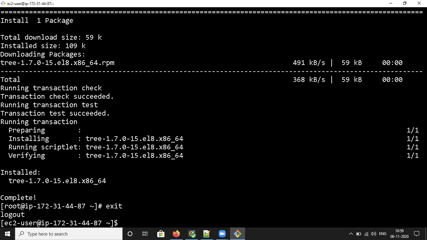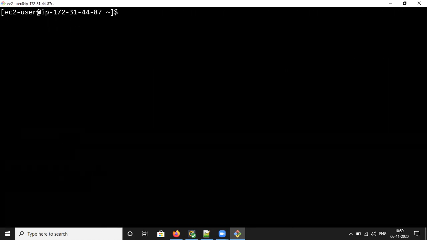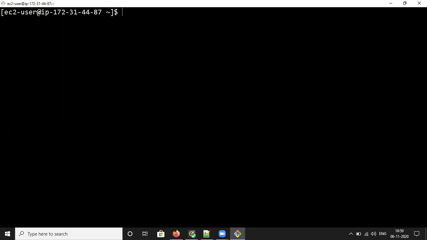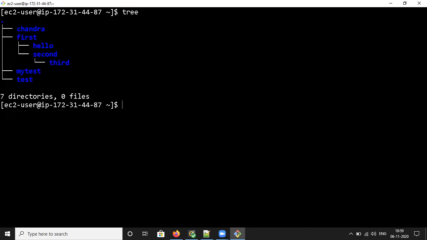Clear this. Now you can type the tree command. Now you can type tree. See, this is how you work with the tree command.